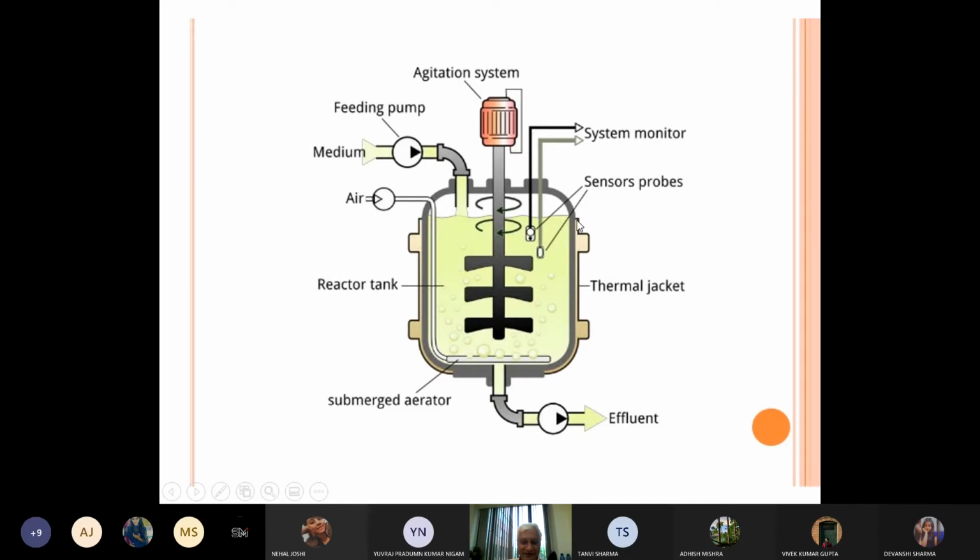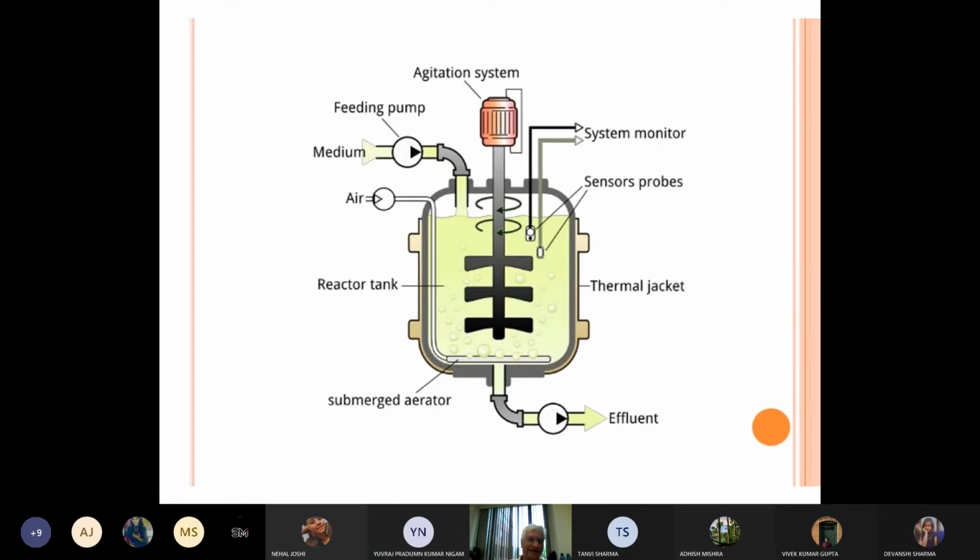उसको कहते हैं हम, see if you can see this black color vessel, but can you see this pinkish kind of thing which is coming out like this? Can you see the arrow? Just observe it, there is a jacket. This is always a jacketed vessel. It is always a jacketed vessel. Double layered jacketed vessel. उसको jacket कहते हैं. एक reactor tank है, and then is it becoming clear? Thermal jacket, you all can see the jacket? Yes, sir. Yes, sir. Yeah.